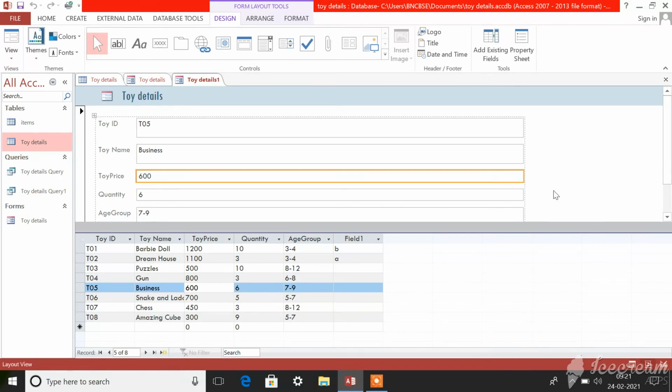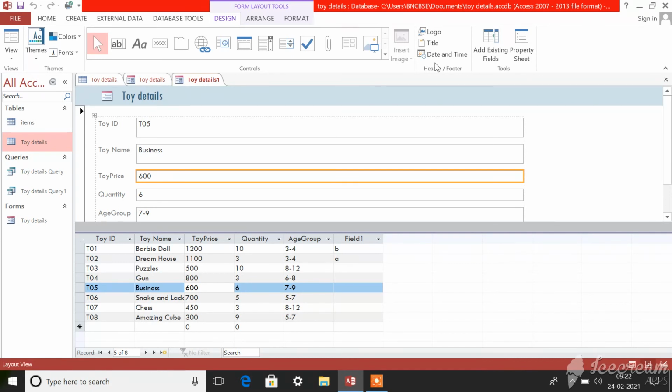After selecting this layout view, you can see again design, arrange, format is displayed in the form layout tools. So again you can choose the same options that we used in the previous form creation. Okay, so you can use this and format your form as per your desire.